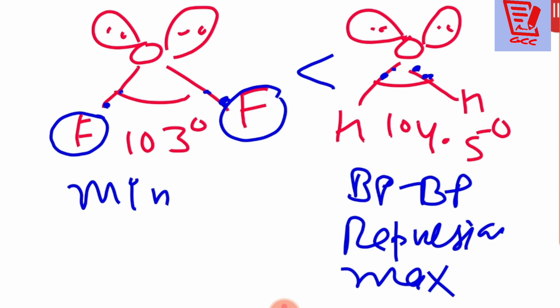Is that clear? After comparing the structure of OF2 with H2O, we have one more structure. You must see, all of you, please. Now I am writing it. This is the structure, now I have a structure of O2F2. What is it?